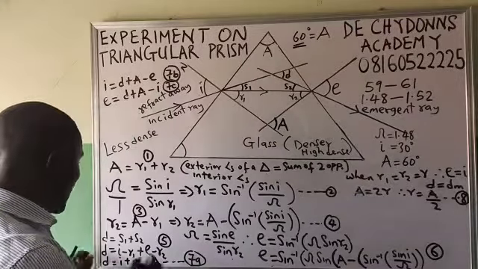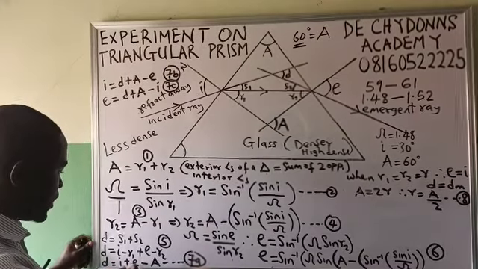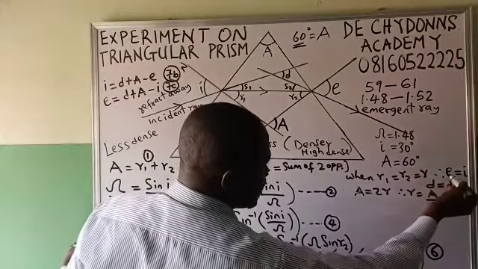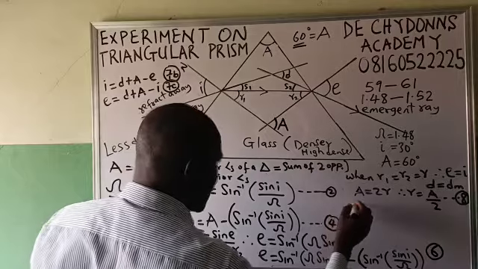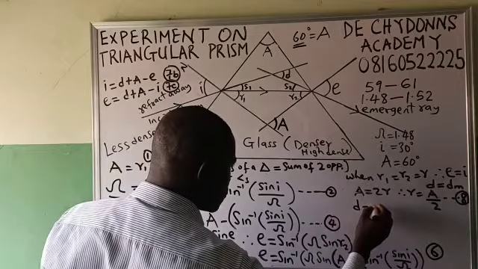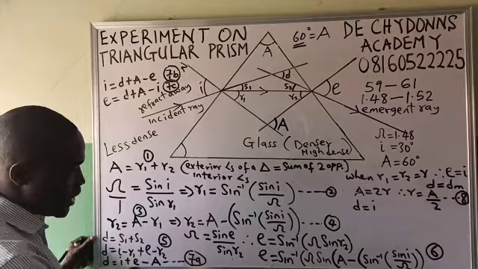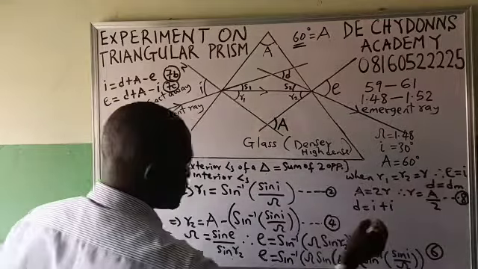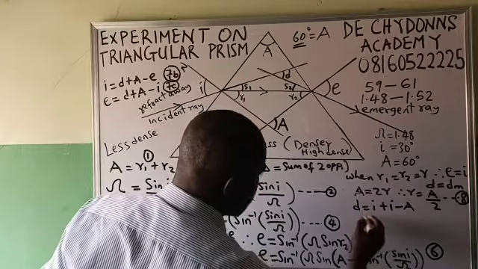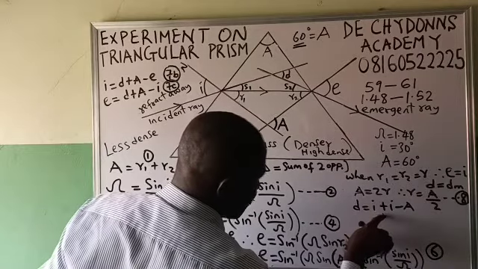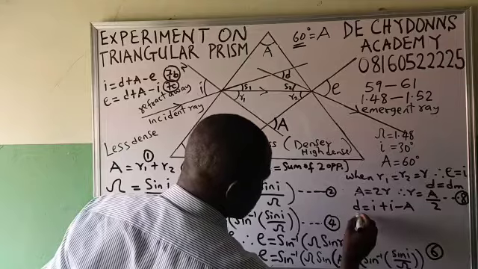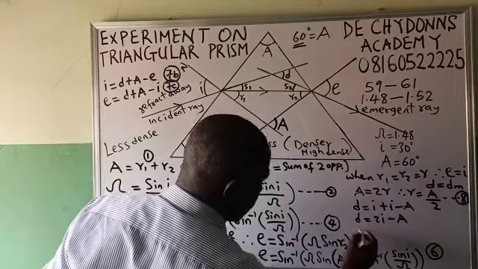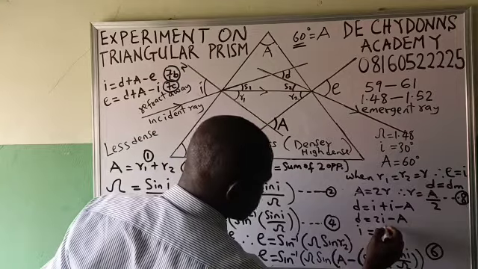Then, noting that D equals I plus E minus A, and that in this case E is equal to I, it means that D is equal to I plus I minus A. Remove the E and replace it with I because E is equal to I, then minus A. So you'll have I plus I, 2I. You'll have D equals 2I minus A. Therefore, I will be equal to,